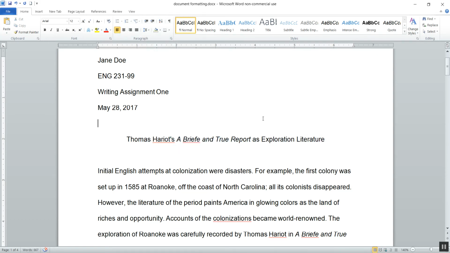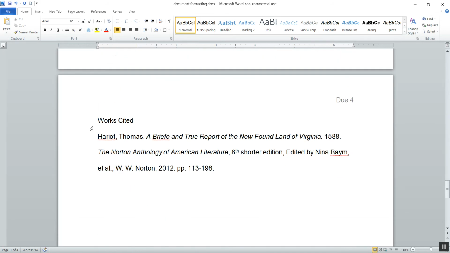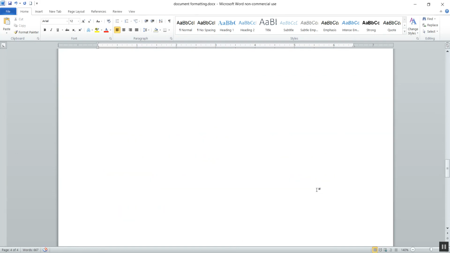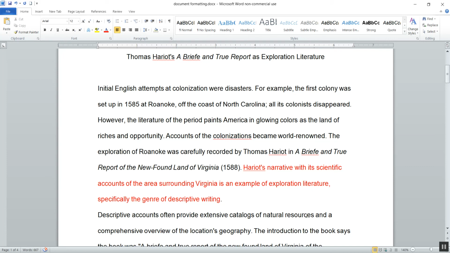Okay, now titles are always centered. And I said I wanted to center my Works Cited. Right, not the whole Works Cited, just the title that says Works Cited. I'm going to center that as well. All right, so now I'm happy with that. The next thing I need to do is indent my first